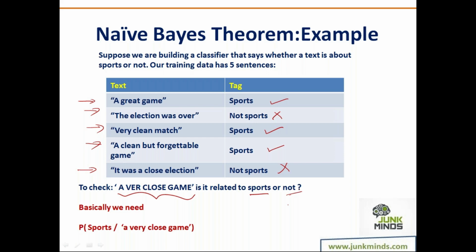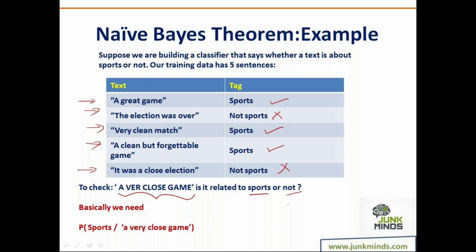So guys, understand this. Whenever you talk about something or you talk about a certain context, there would be certain words which will appear more. There would be certain words which will not appear much. And that is what is called the frequency of the tokens. So what your naive Bayes theorem does is it relies heavily on the frequency of the tokens, or the frequency of the words that are being used, and based on that it is going to calculate the probabilities. So guys, I would be relying heavily on the frequency of words, right?